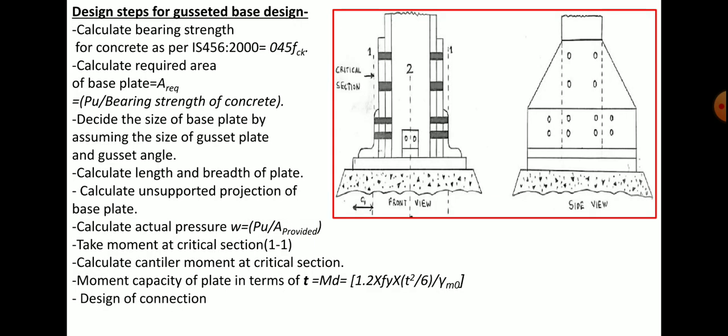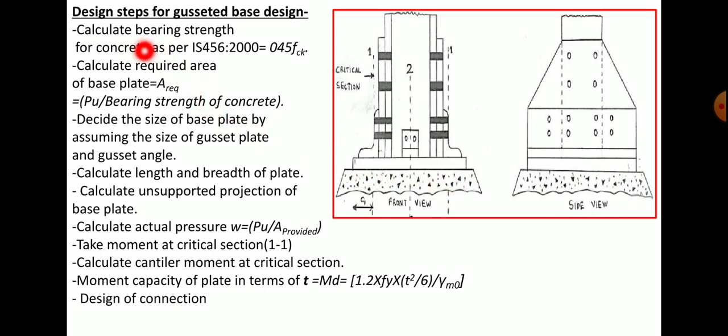Now in case of the second type, that is gusseted base design, here there is a slight difference as it is supported with additional gusset plates and gusset angles. So in the figure you can understand, it is a rolled section that is initially connected with one gusset plate, and that gusset plate is connected with gusset angle. So likewise these additional two thicknesses are added while calculating your length of base plate.